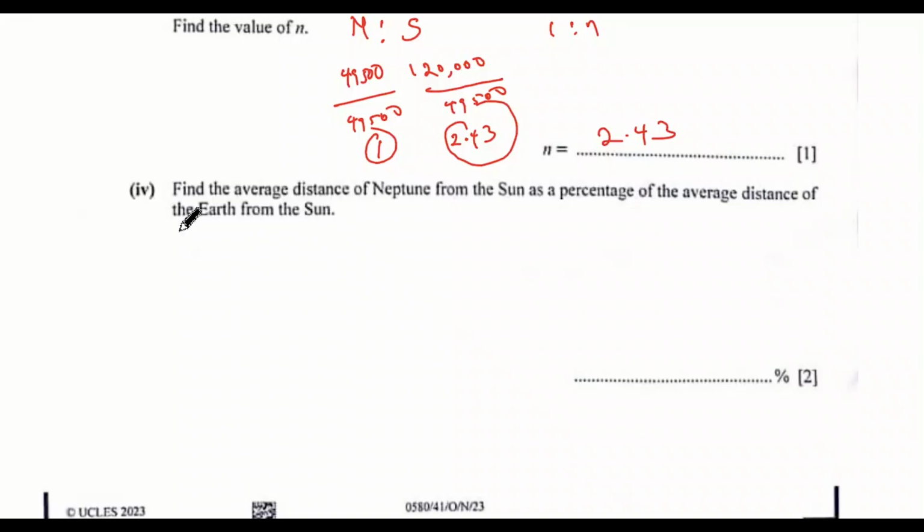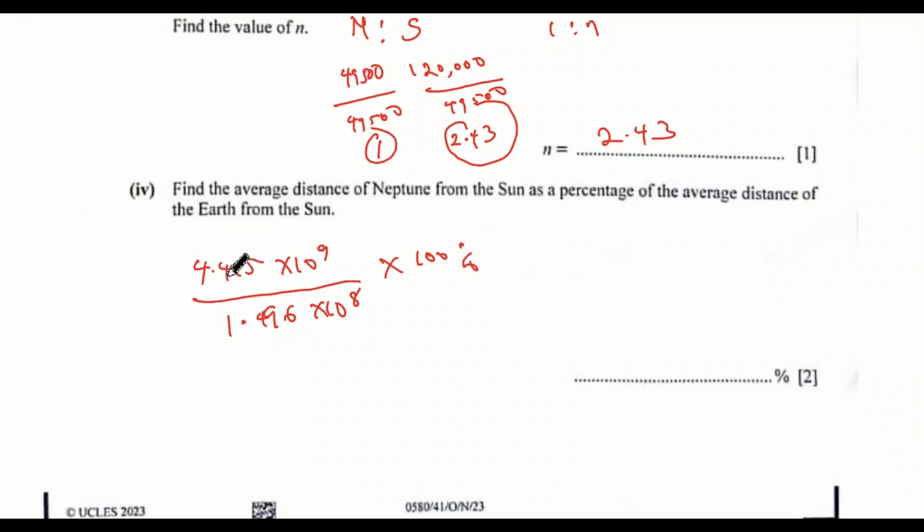So in this case, we'll say the average distance of Neptune, that is 4.495 if you check the table, times 10 to the power of 9, then divided by the average distance of the Earth is 1.496 times 10 to the power of 8. Okay, so this times